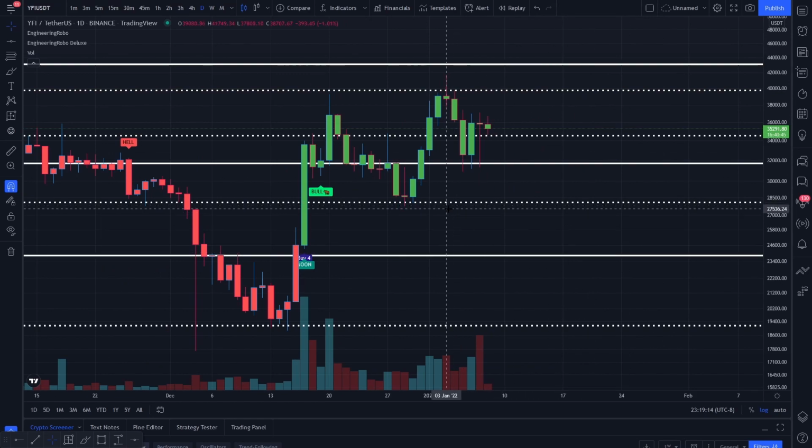Quickly taking a look at Yearn Finance, seemingly unfazed by Bitcoin's abrupt movements here. Price action setting a higher high on the 3rd of January relative to a swing high on the 20th of December. Rather bullish here, it would appear, having very bullish interactions with a significant area of support as well. $31,677 is going to be an area of support that daily candles are looking to continue interaction with, it would